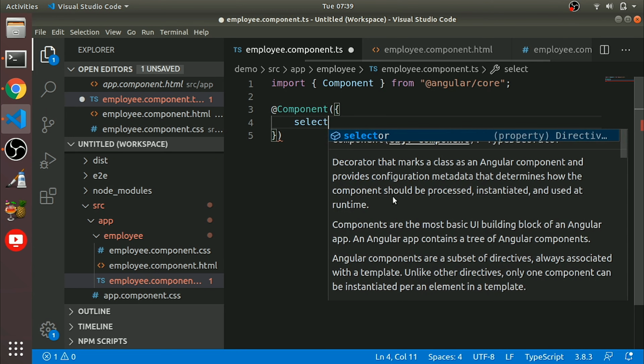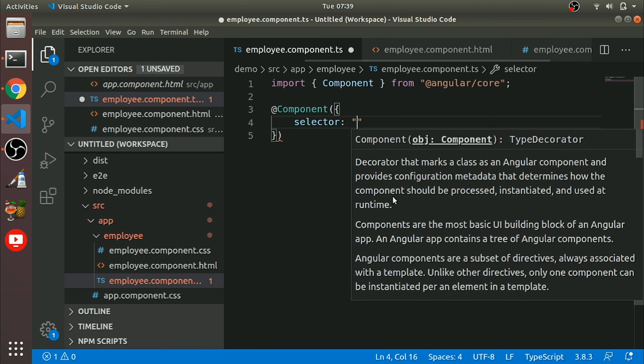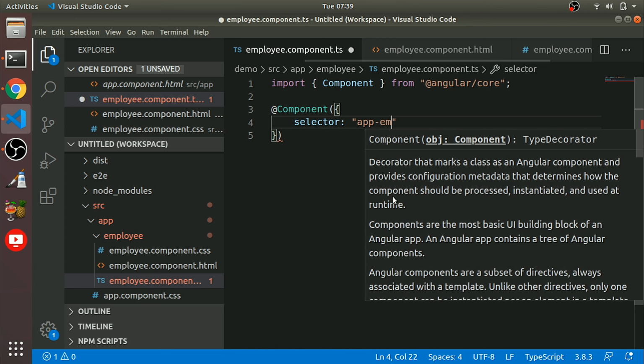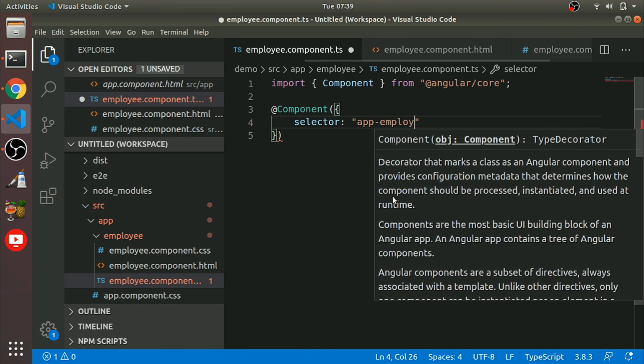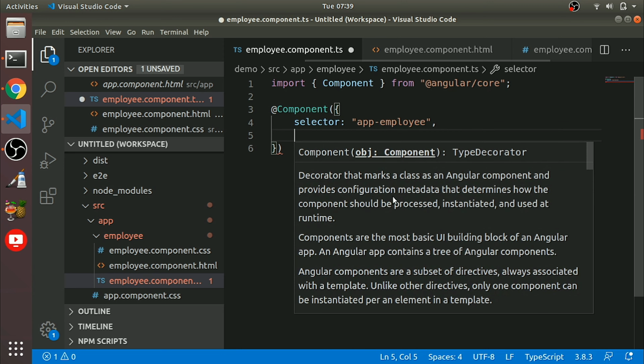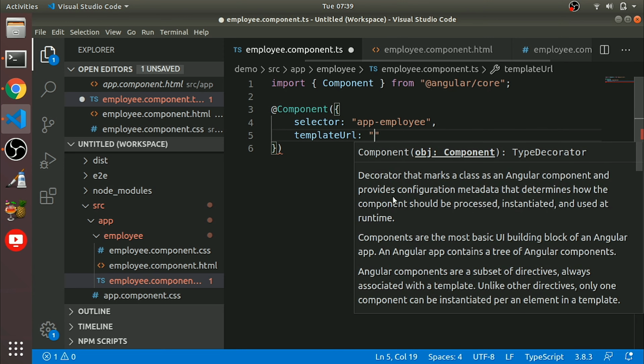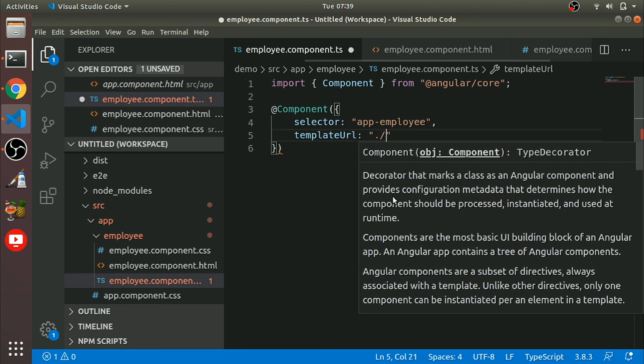So selector, by convention it will be app hyphen and the feature we have given, employee. Then templateUrl, it will be ./ this file.